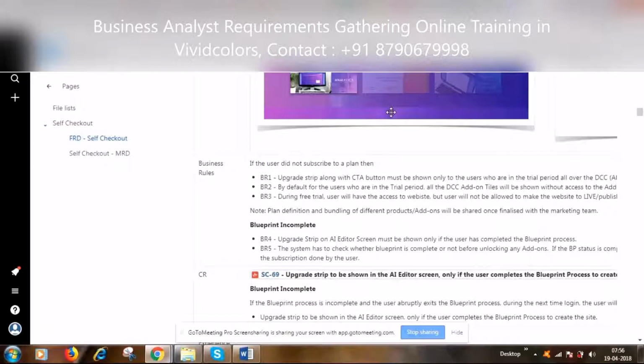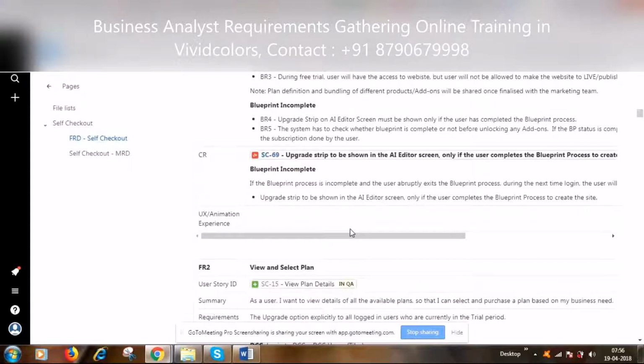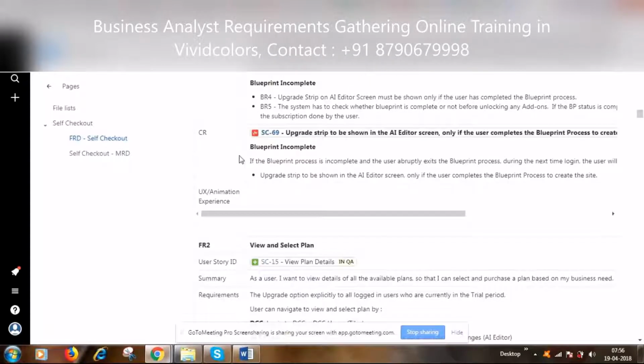It is basically at the end of the day, when the development team comes and says that you have not defined this requirement. That is a chance we should not give to the development team. We should always ensure everything is recorded in the document, and you have a centralized place where everyone can go and see, all the stakeholders in the project can go and view the requirements.